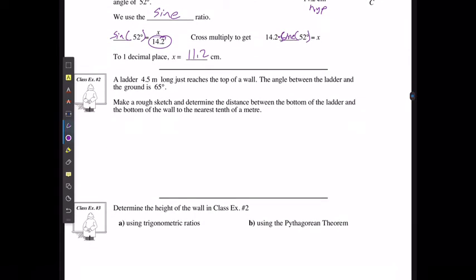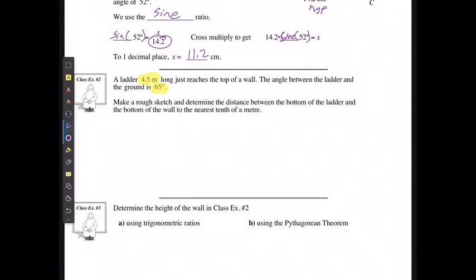If I put this into practice, a ladder 4.5 meters long reaches the top of a wall. The angle between the ladder and the ground is 65 degrees. Make a rough sketch to determine the distance between the bottom of the ladder and the bottom of the wall to the nearest tenth of a meter. Well,